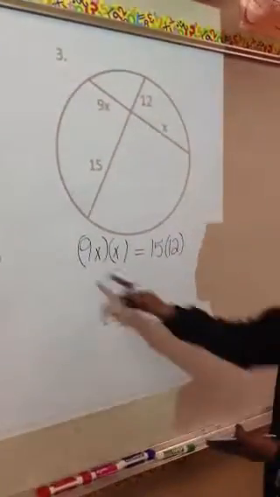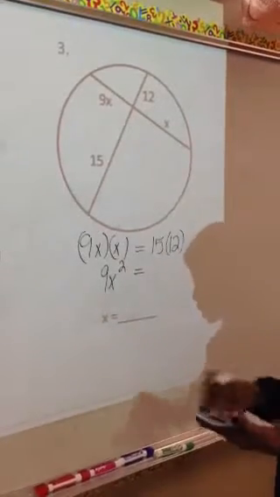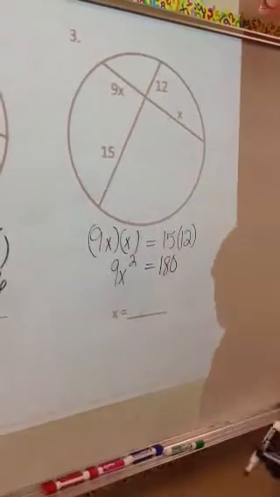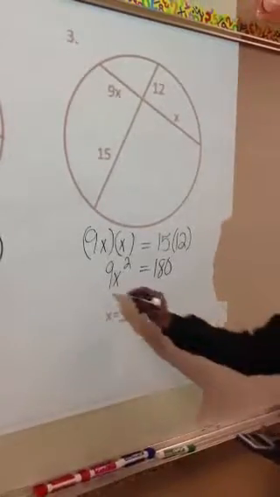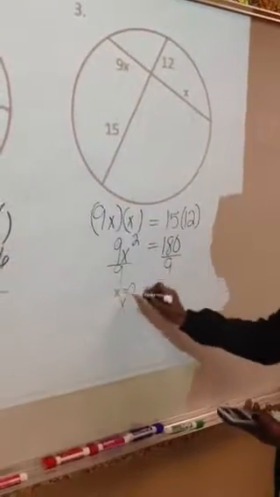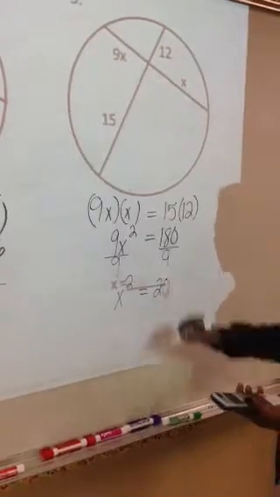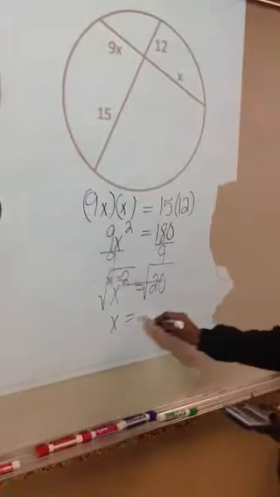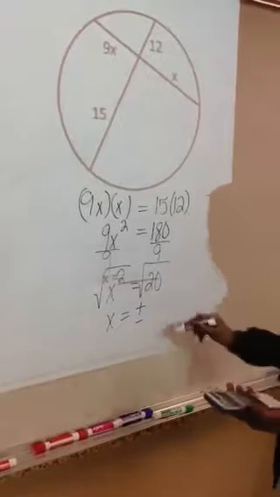Let's find those products. 9x times x would give us 9x squared. And on the other side, 15 times 12 gives a product of 180. All right, the next thing you would do to isolate x is deal with the 9 first. So to undo 9 times x, we divide by 9. And that leaves x squared is equal to 180 divided by 9 is 20. And then to undo the square, we take the square root to both sides. So x is equal to both the positive and negative of the square root of 20, which is 2 root